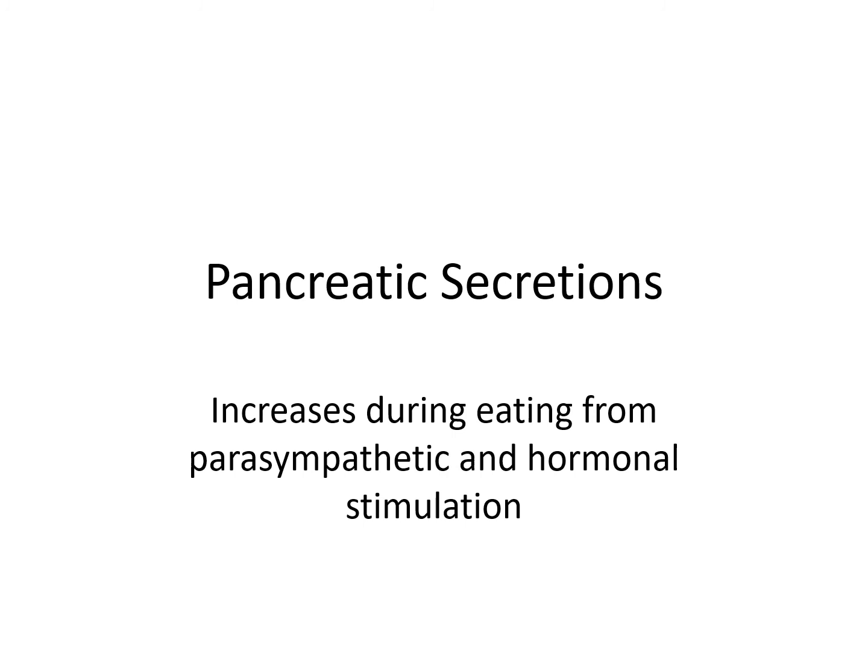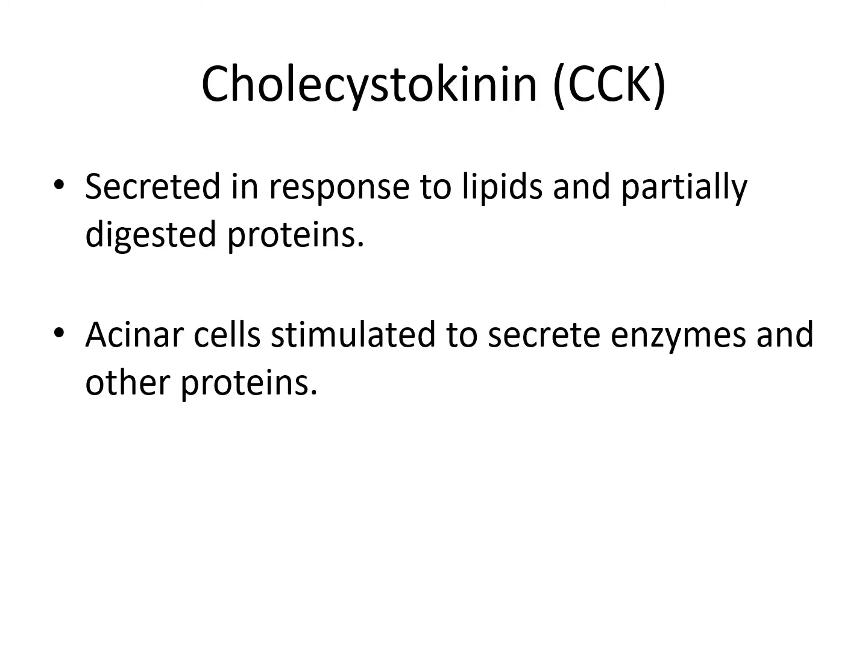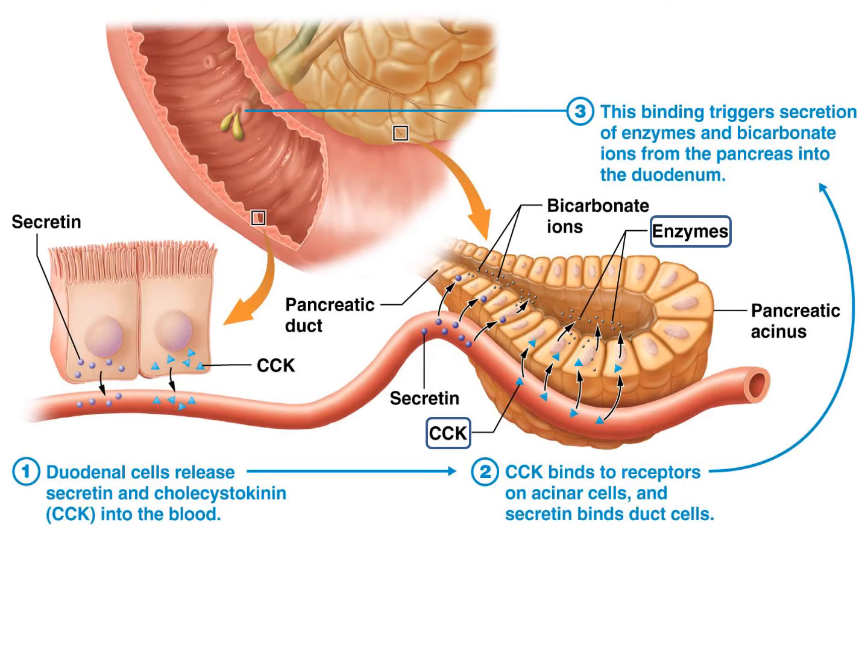How about pancreatic secretions? Pancreatic secretion increases during eating from parasympathetic and hormonal stimulation. Cholecystokinin, which we just talked about, is secreted in response to lipids and partially digested proteins. Acinar cells stimulate the secretion of enzymes and other proteins. So in this figure here, we see